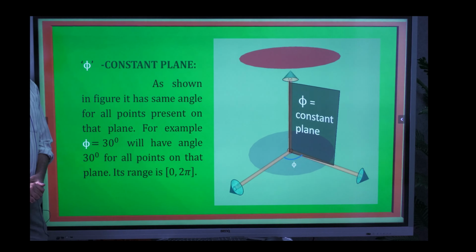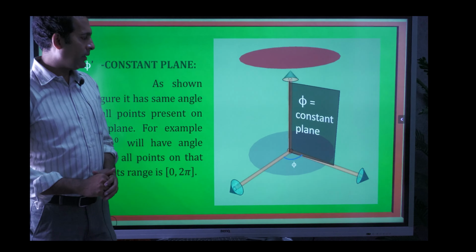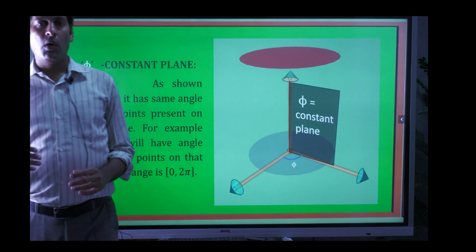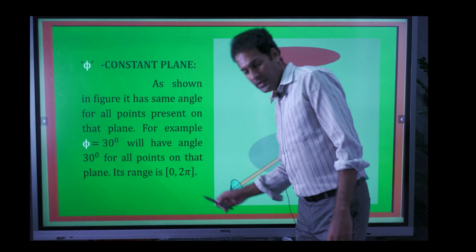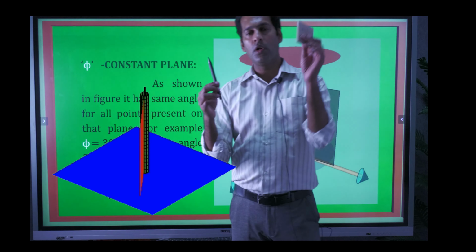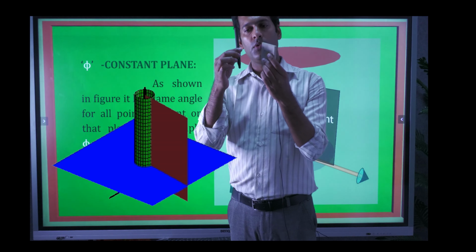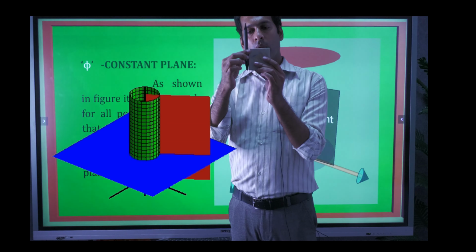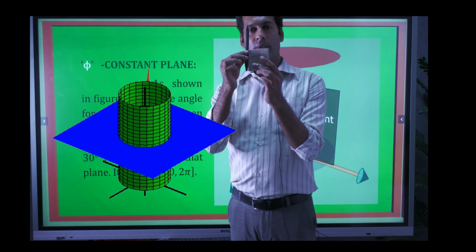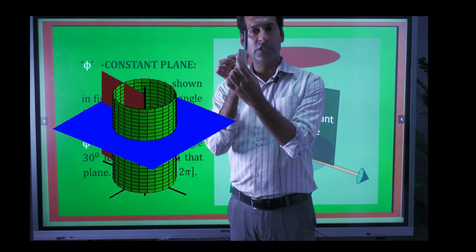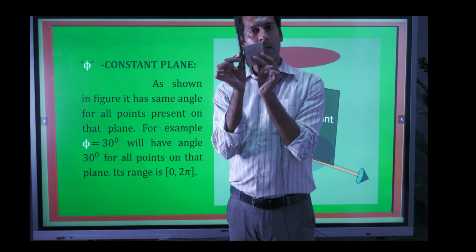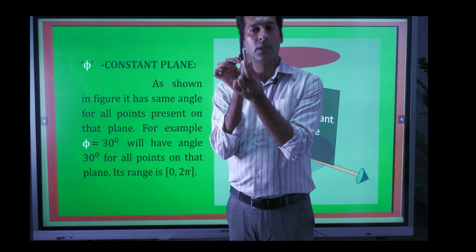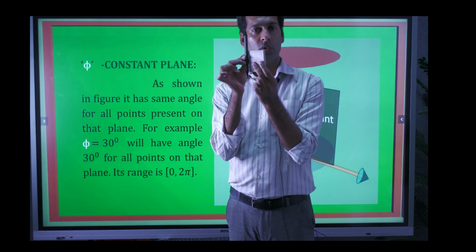Then next, the phi constant plane. Now if we consider one angle plane on which all the values should be constant. So let me take one setup, say this is our z axis, and if we consider a small plane on the z axis, suppose I am keeping this plane here at some angle 0 and it is starting from this, so this angle will keep on changing. This plane can rotate completely in a circular manner. So what will be the complete rotation? The limits will be from 0 to 2 pi.